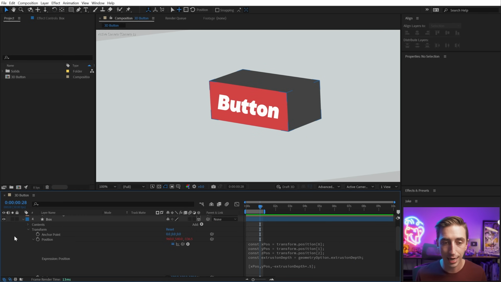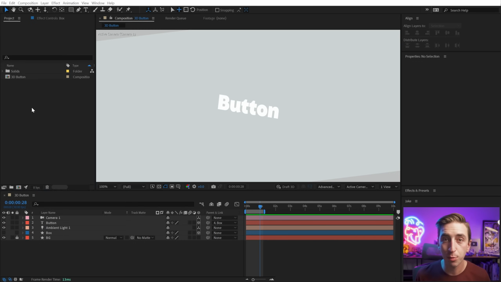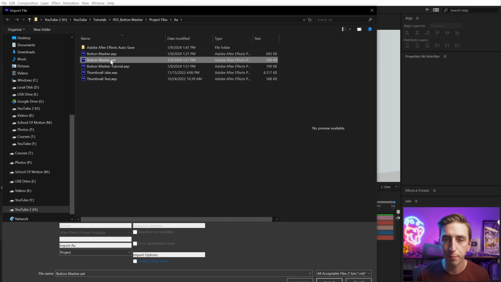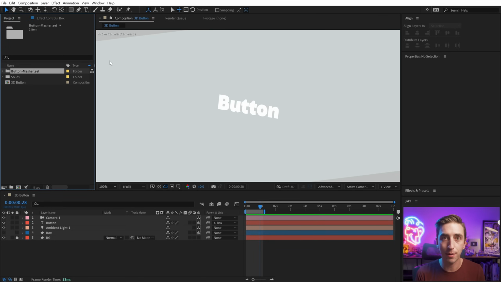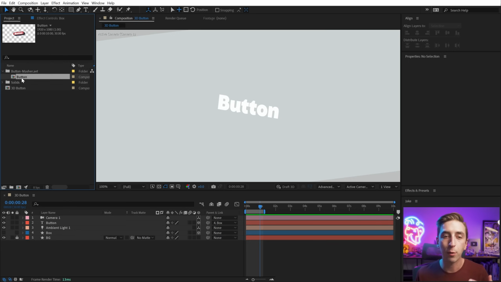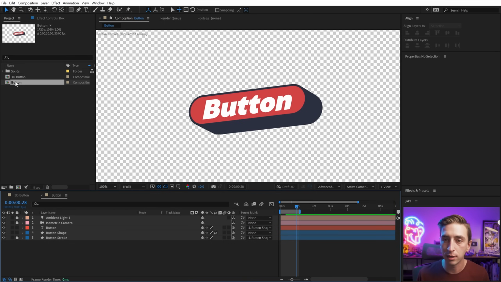I'm going to go ahead and just hide this box layer. So let me turn that off, and I'm gonna double click on the project panel to import a file. Buttonmasher.aet for template is what you want. If you try to open this, it's going to open just the composition as a new project. You basically can't mess up the project file this way. But importing it into a new project, it's gonna bring it in a folder, and we have a single comp inside called button. I'm gonna drag that out, delete this folder, and we'll jump into that button comp to see